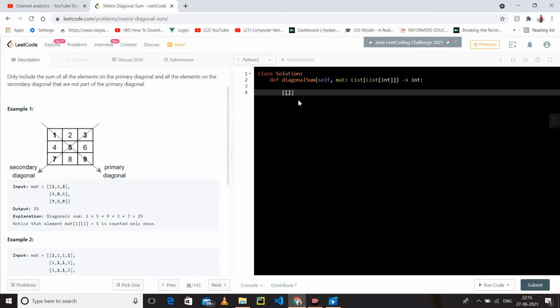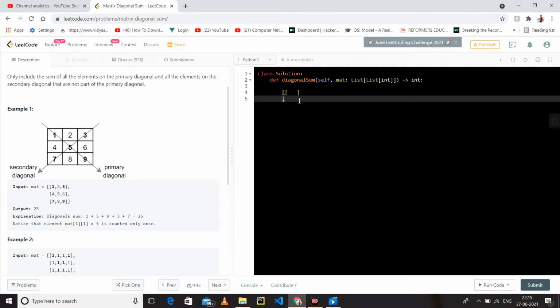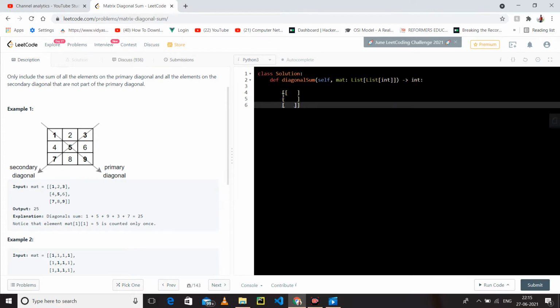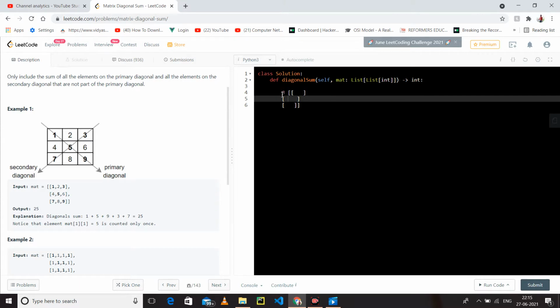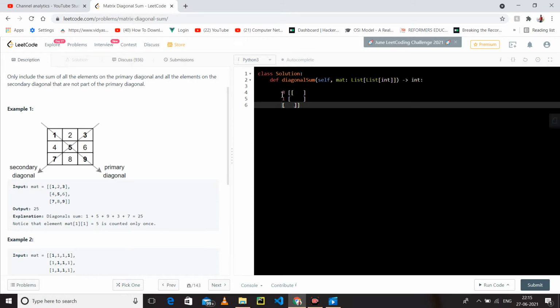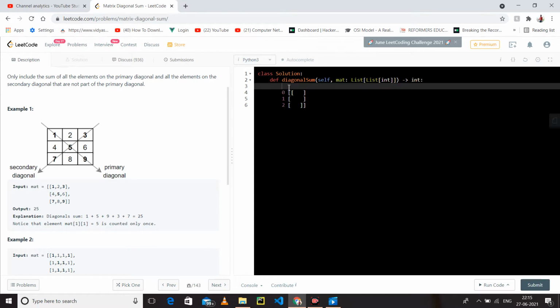If I write here something like that, what is this? This is the 0 row, this is the 1 row, and this is the 2 row. And this is the 0 column, this is the 1 column, and this is the 2 column.